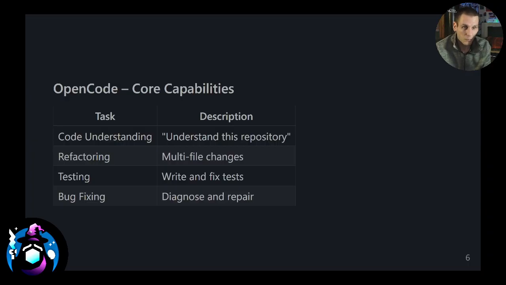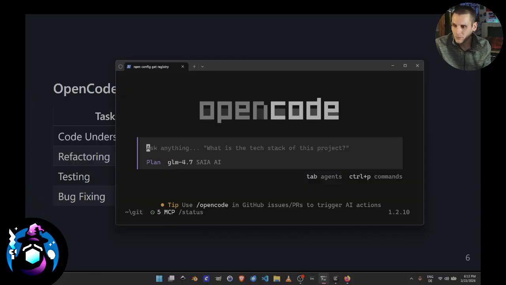And yeah, it has some features. There's an init command, and it helps you to get all the context into the system. It has refactoring capability, testing capability, bug fixing capability. And here is how it looks. I just open it in an ordinary terminal, but you can also open it within VS Code, your editor